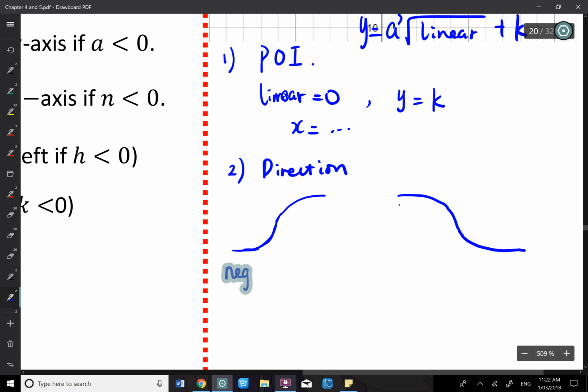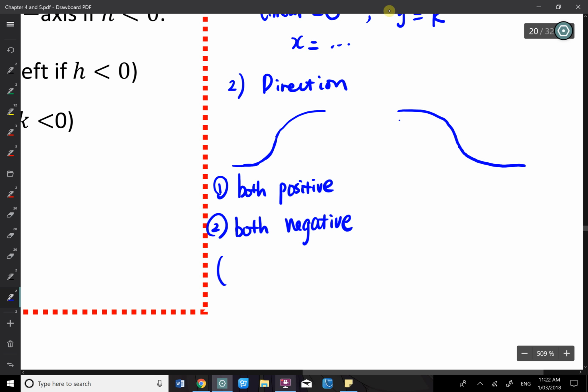Let's say we have 2 groups with this same graph. The first one is both positive, and the second one is both negative. Positive and negative mean the coefficient of x